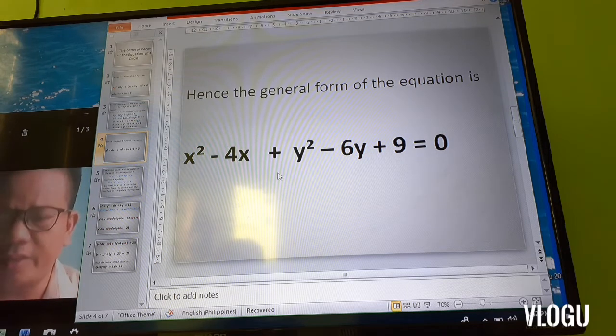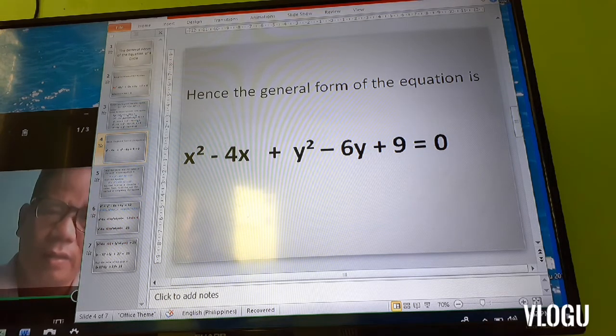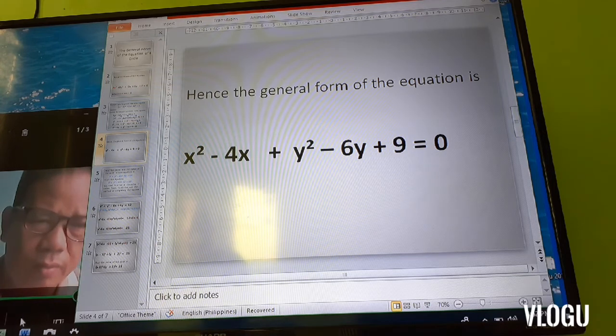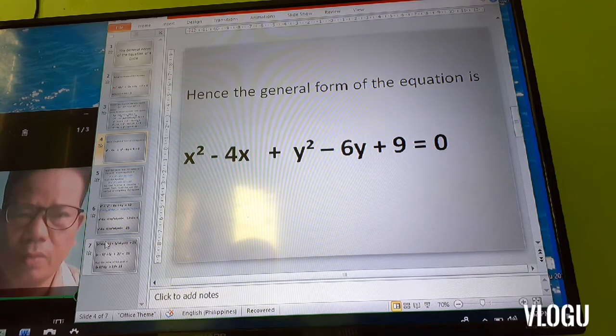Okay, let's have another example. In this case, we're going to find